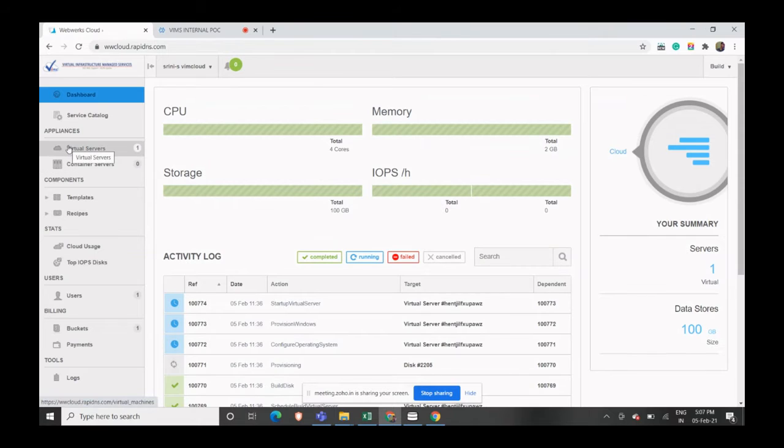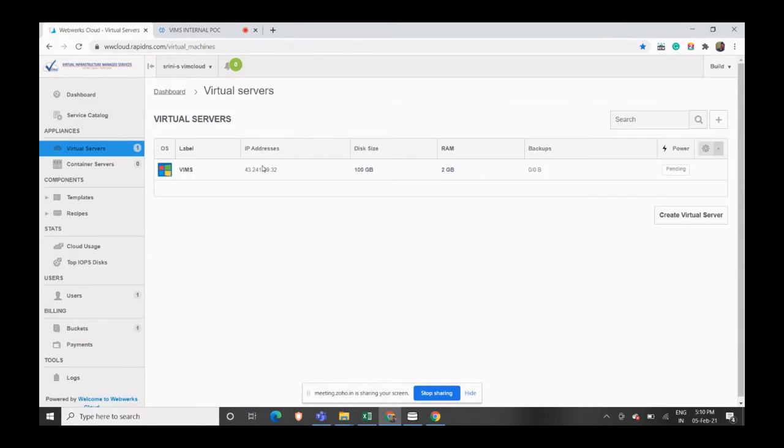And here in the appliance option, once you click on virtual server again. So as you can see here, you can able to locate multiple virtual machines created by you. Okay, it can be anything like Windows, Linux, Red Hat, anything. Okay, you can click on label. Once you click on this,